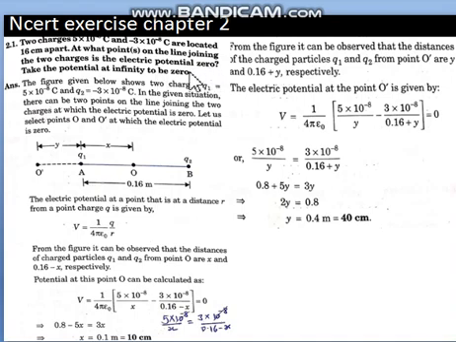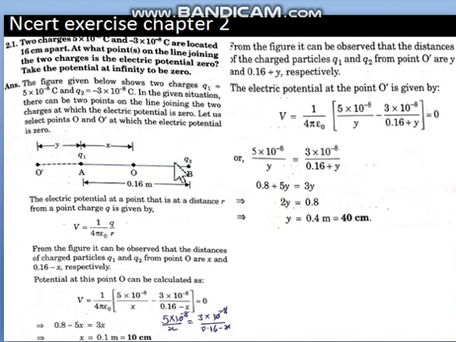Now this type of question we have already done for the electric field. That means between two charges where the electric field will be 0. We handled that electric field quantity in a different manner because that was a vector quantity, and now this question is about potential or voltage, and that is a scalar quantity. So let us understand the procedure of how to handle a scalar quantity. The diagram always helps us to understand the situation.